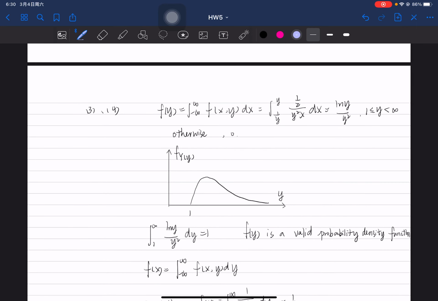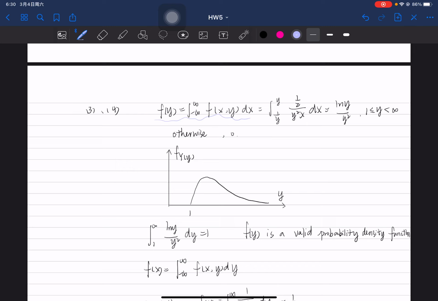For question 3, we need to find and draw the marginal density functions f_X and f_Y, and verify that the density functions of X and Y are valid density functions. Firstly, we calculate the density function of Y, which equals the integral of the probability density function of XY dx from minus infinity to infinity,